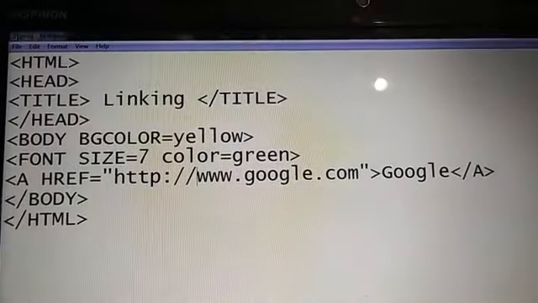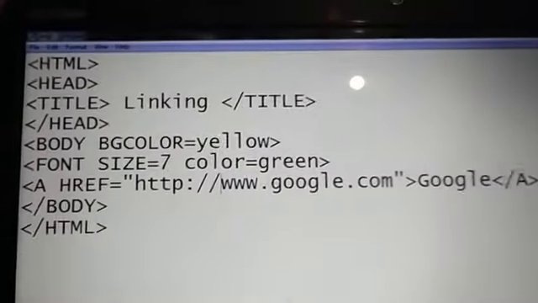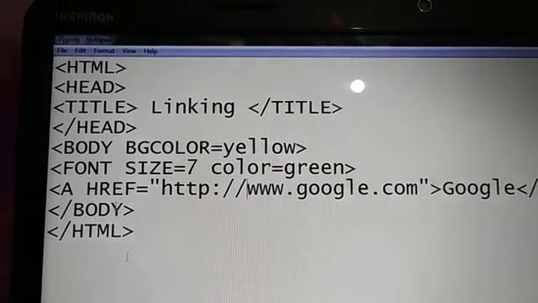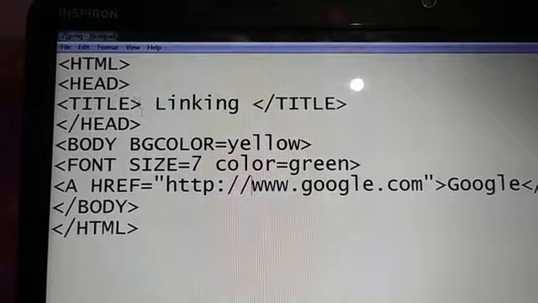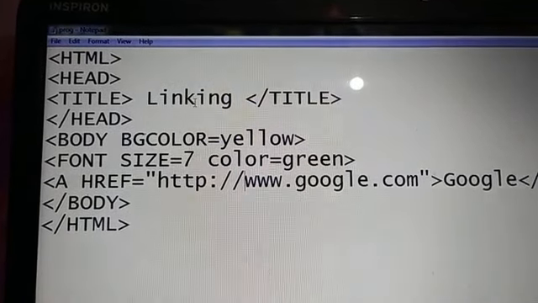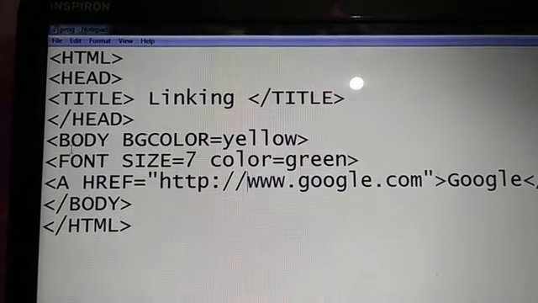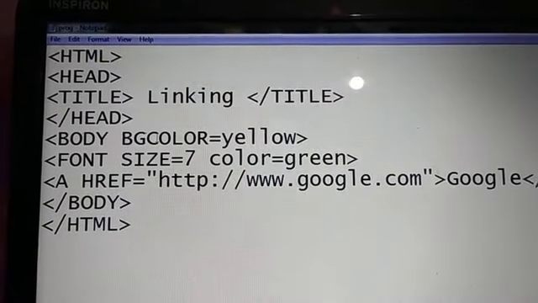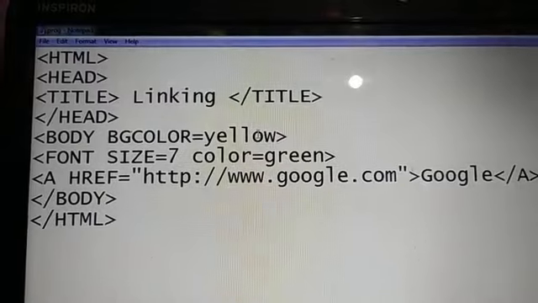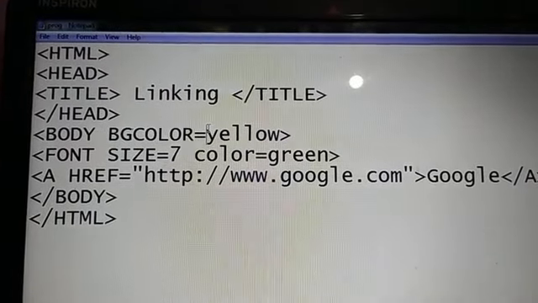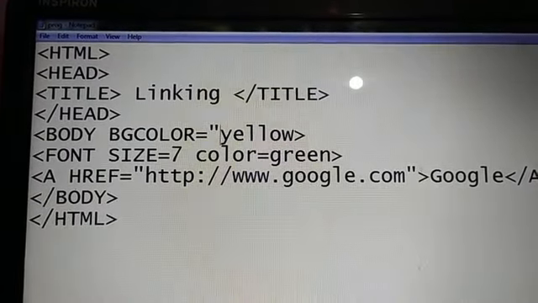This is my code that I have written in Notepad. All of you know that this is an HTML document. So we start with html, then head, then title. I have given the title Linking, then title close, head close, body, bgcolor yellow. So the background color of your web page is yellow. Remember that if you use double inverted commas, it's okay.